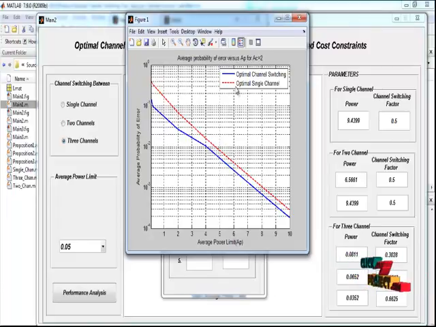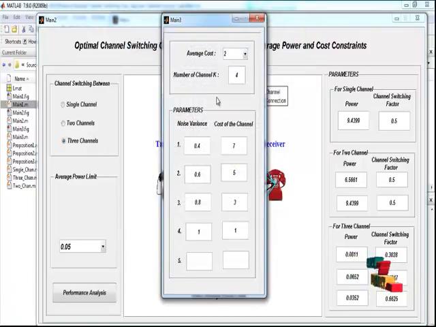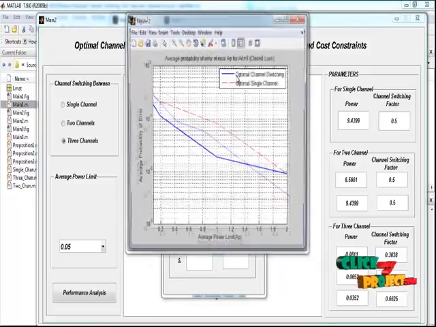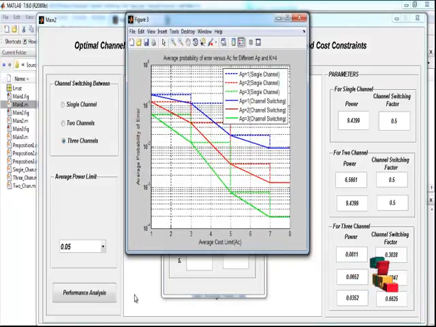Here we got the output for optimal channel switching as well as optimal single channel, and here we got the number of channels performing this process is 4, and the noise variance and also the cost of the channel, that is average cost. Now by changing the average cost to 5, we got the output as